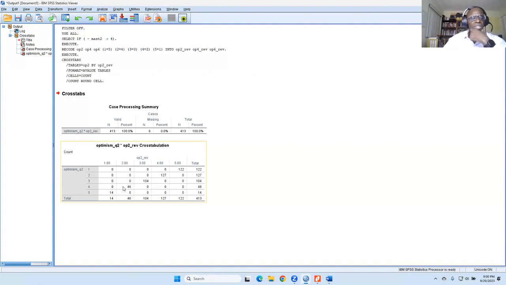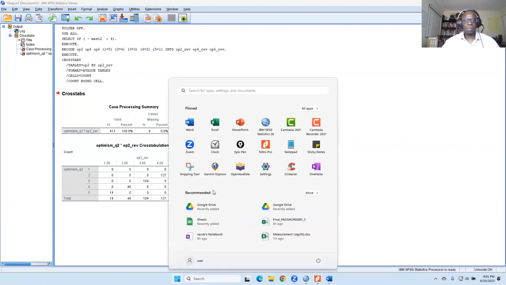So what this tells us is this is the original. This is the new one. For the original, anyone who scored a 1 is now scored a 5 in the new file, in the reverse code. Let me just get my pen here.